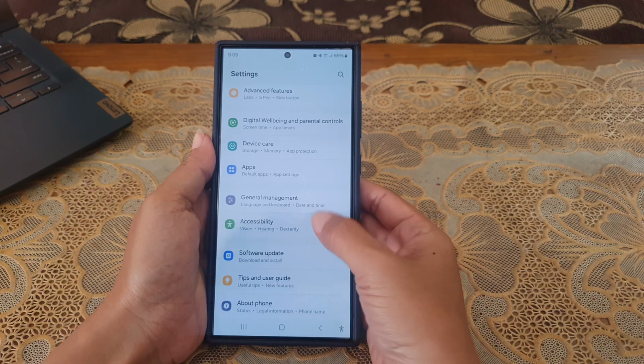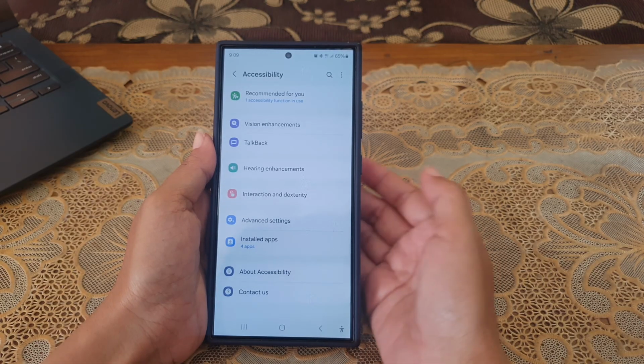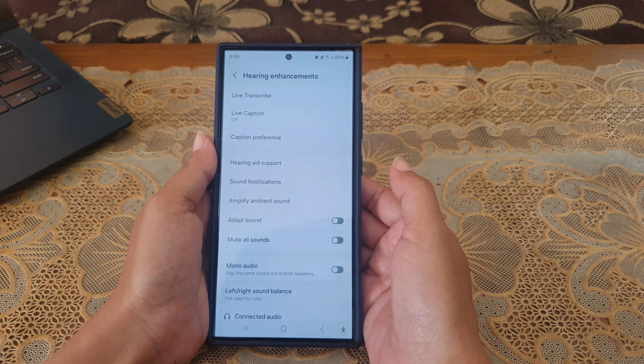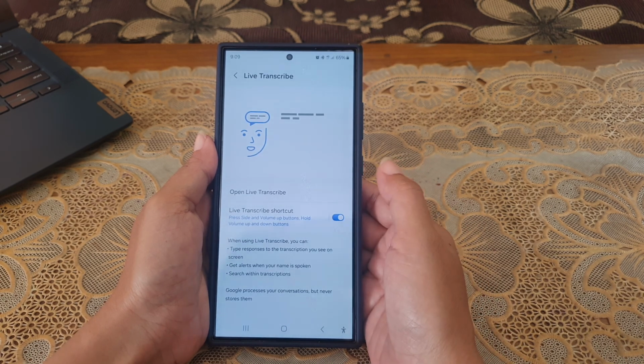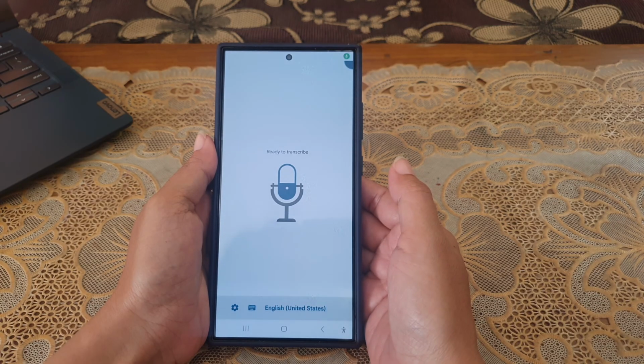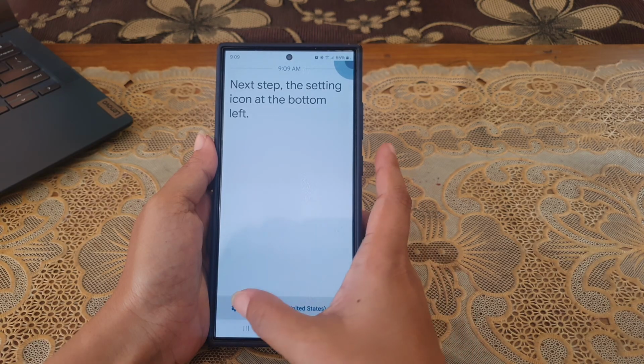Tap accessibility and then tap hearing enhancement. Tap live transcribe and then tap open live transcribe. Next, tap the setting icon at the bottom left corner of the screen